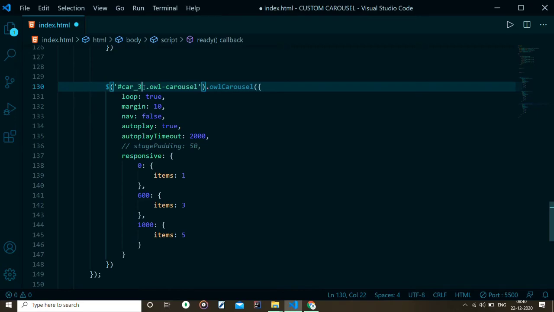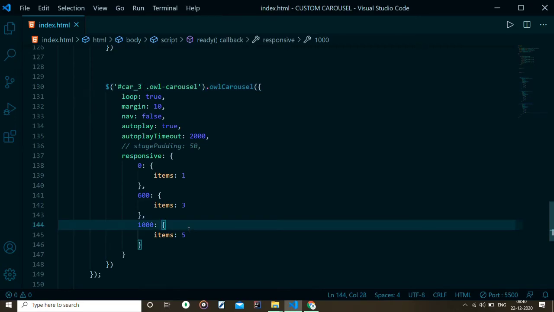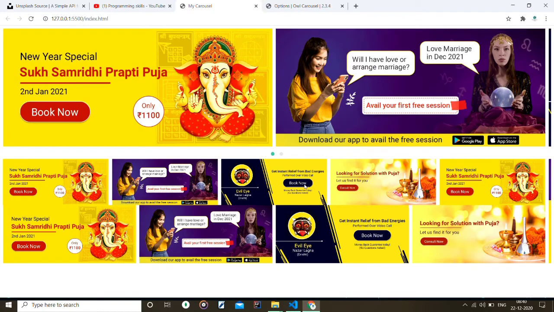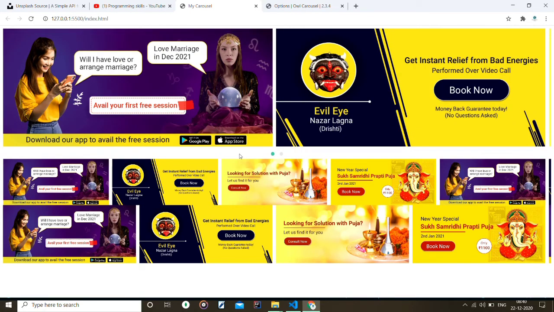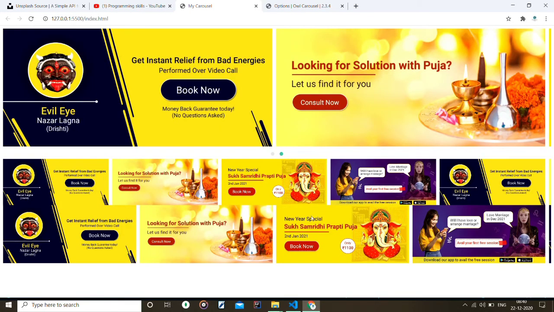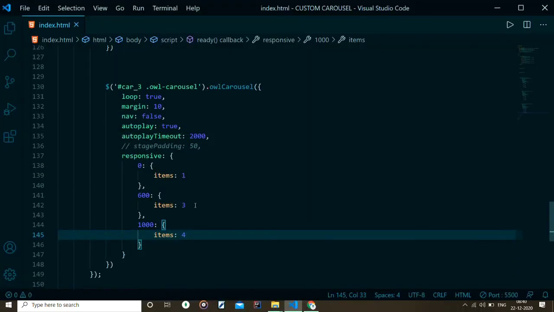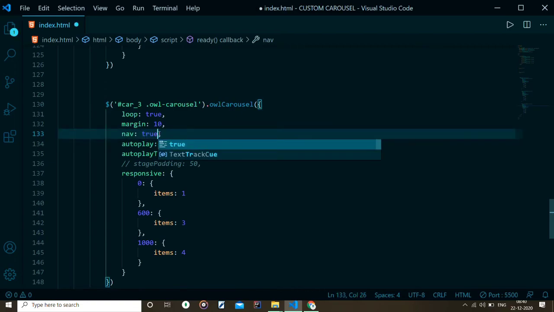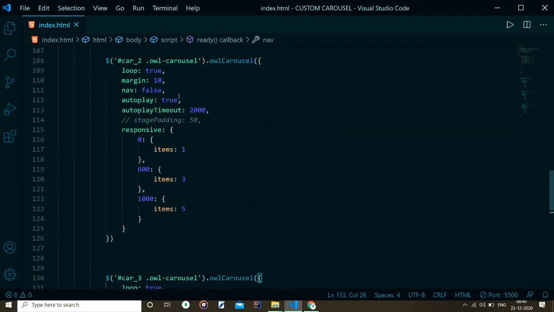After this, when I make it car3, the number of items we need is 5, not 5 actually, we need 2, not 2, 4. We will take 4. Let's have some space in between them. Here I will write that nav will be true. Here also the nav will be true.